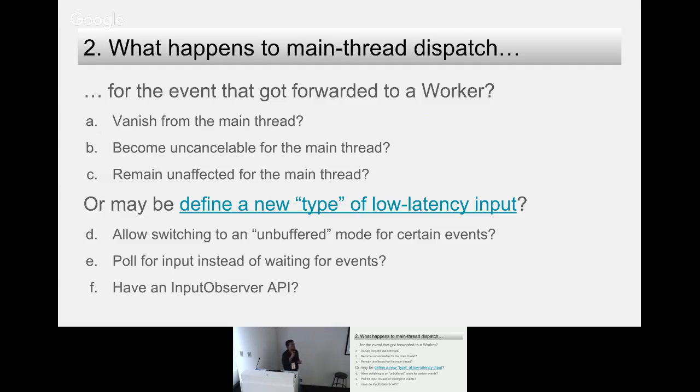For example, on pointer down, if you have a pointer capture, you say that from this pointer down until the release of pointer capture, we will forward the event with low latency. There is no phasing aligned. Or another possibility is